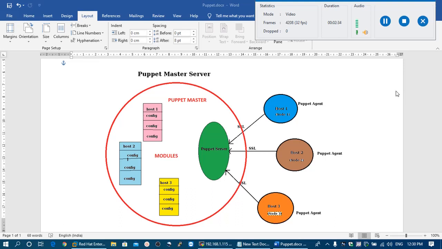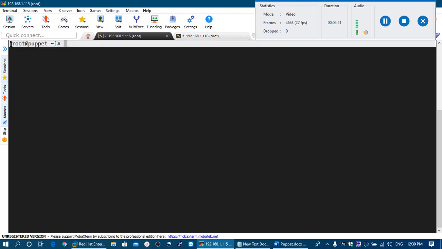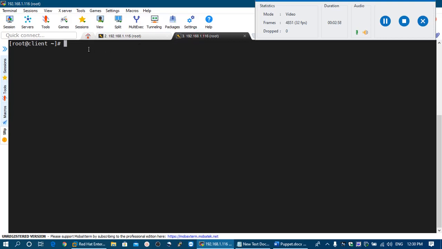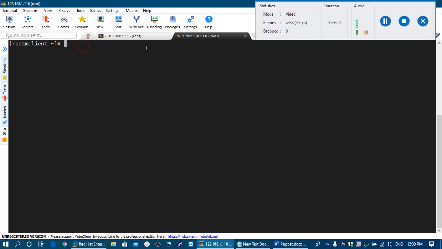So let's proceed towards the installation and configuration of Puppet master and Puppet client in our machine. So I have two machines, both are running on RHEL 7.7, and this is my Puppet master server on which I'm going to make the configuration of Puppet master, and this one I'm going to use as Puppet client. In order to show you the process, there should be at least one Puppet client, so I'm going to use